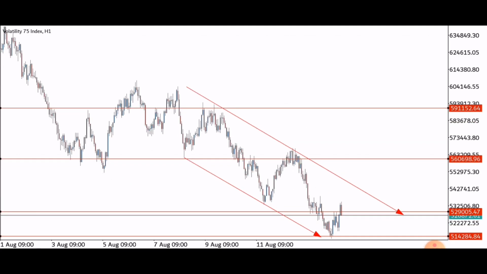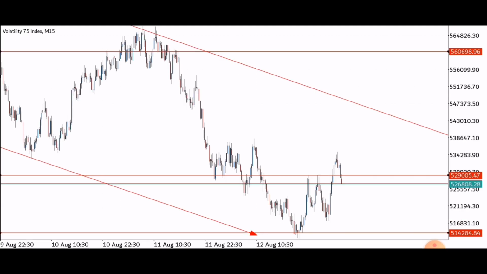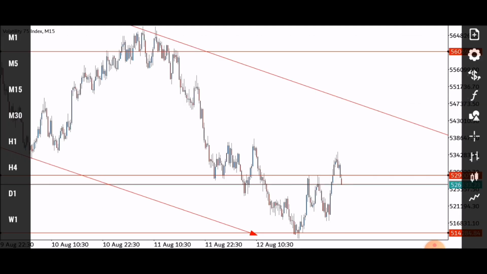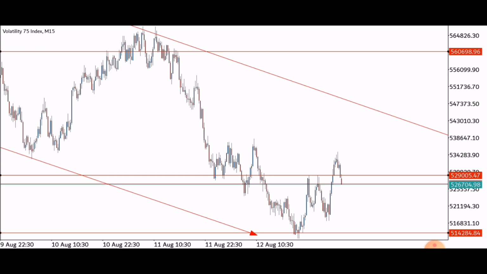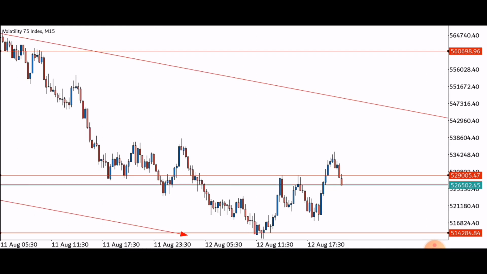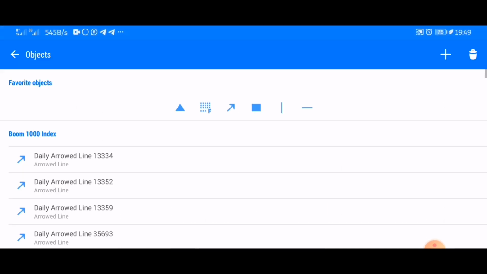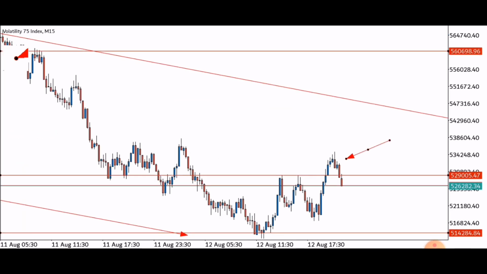The next thing I want to do is to look at the 15 minutes time frame, right? Look at price on the 15-minute time frame and also look at the current market price. It is very important, as well as you study the past, it is important that you study the present too, so that you will know what you're going to get in the future. So the current market price, I can see that price is moving around the zone, and with what I can see here right now,